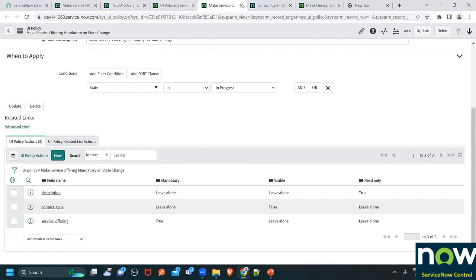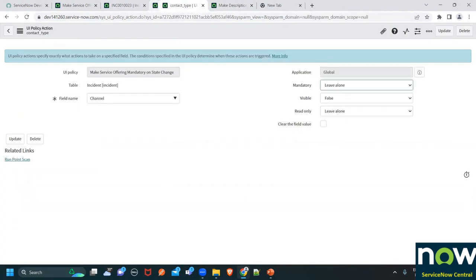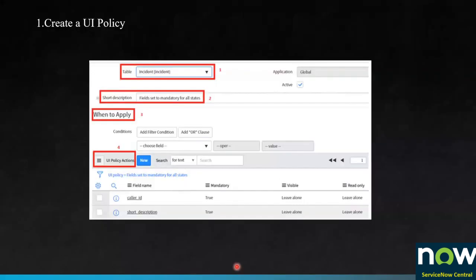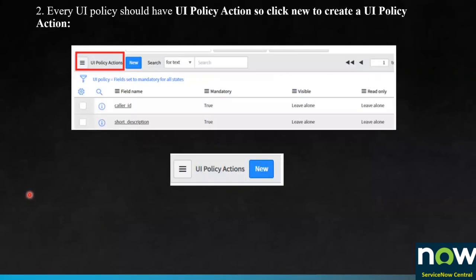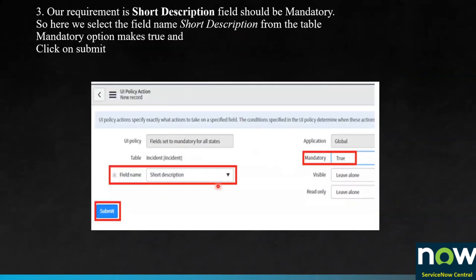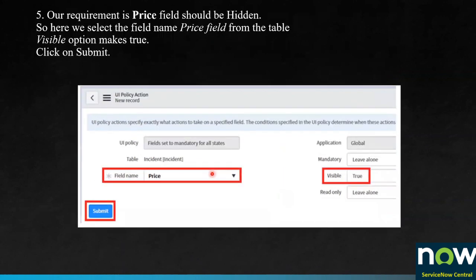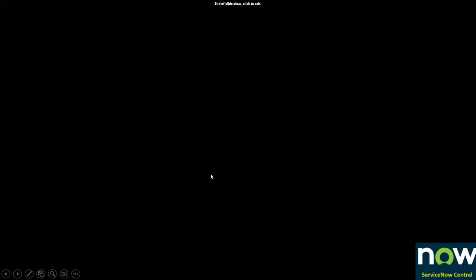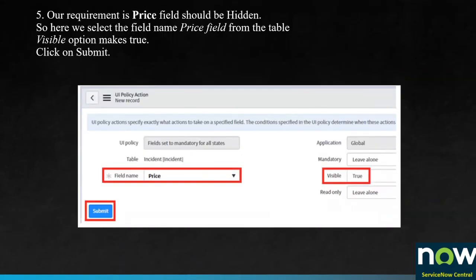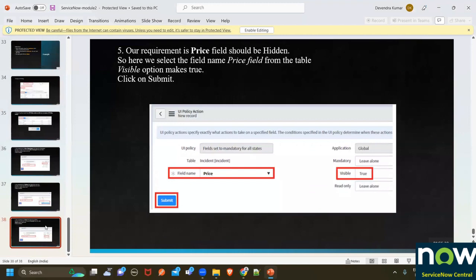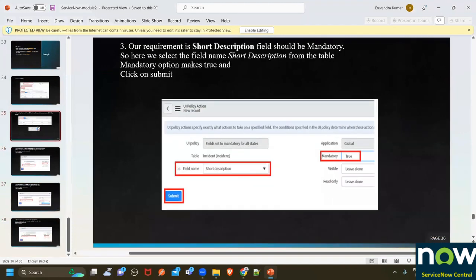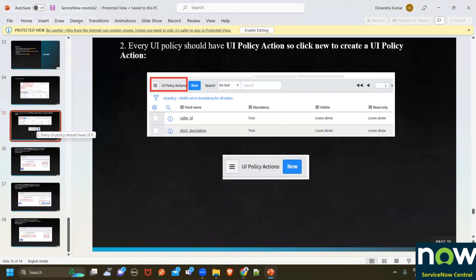Okay. So let's close this and go into the PPT. So we saw different things related to UI policy, the conditions, and how to make fields mandatory, read only. We saw all this. Okay. So with this, our client side basics, client script and UI policy, these two scripting areas come to an end. We are going to move towards UI action. What is UI action? We will try to cover up on